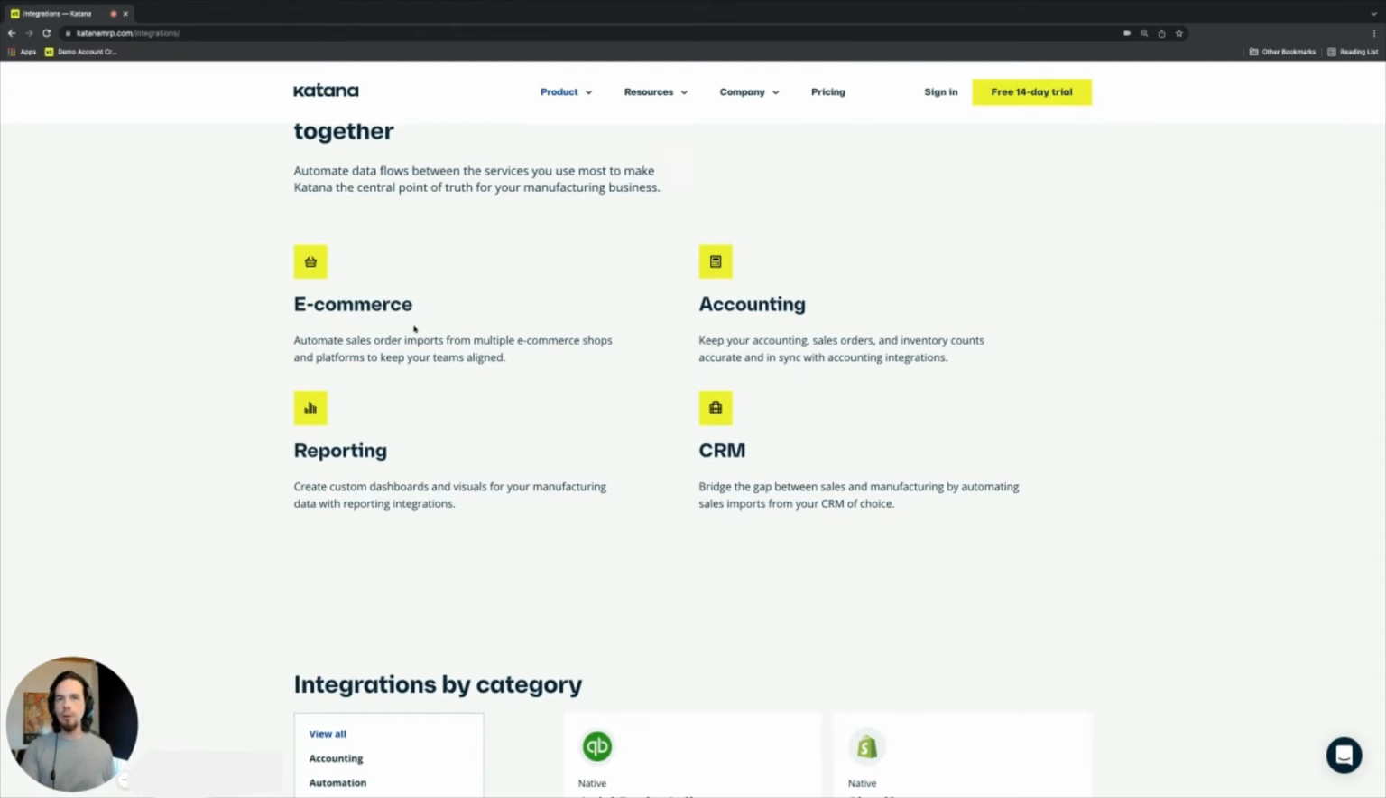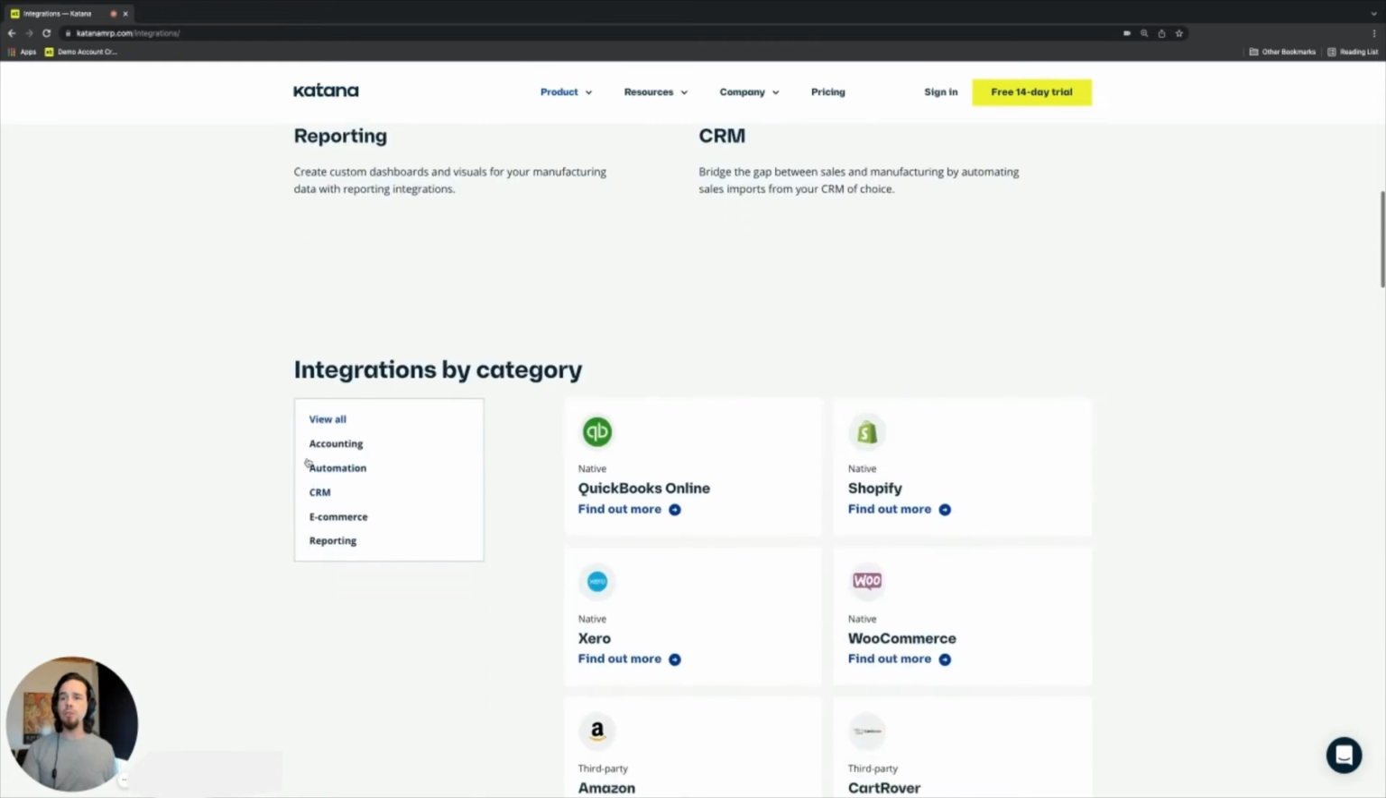These will include primarily e-commerce accounting. We have the two native ones for e-commerce, which is Shopify and WooCommerce. And we have two native accounting integrations, which Katana built, which is QuickBooks and Xero. And we'll cover the native integrations at a later time further into the video series. But a few of those also would include